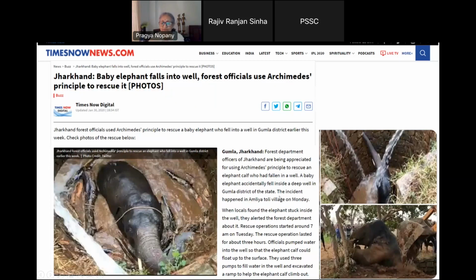So that is how we can use real life situations. We can give them to students to study, analyze, and then apply whatever principle they have read to find the solution. How beautifully the officials found the solution based on Archimedes' principle. So it is a twin process. You show the picture to the students and ask them, how do you think this elephant can be rescued? Let it be an open-ended question. And then the children will give you many solutions. Take up each solution one by one and discuss the feasibility of it, and ultimately arrive at the correct solution, and that is with the help of Archimedes' principle.